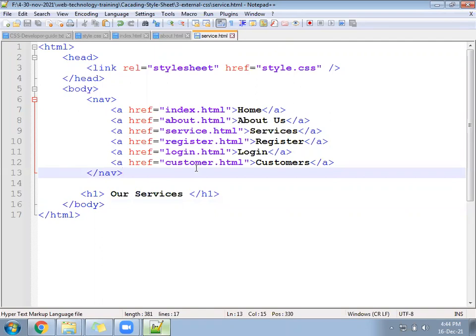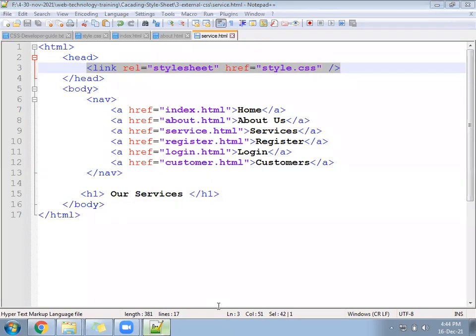Sir, sorry to interrupt you, but I'm not able to link the stylesheet. There is no effect. I thought I would sort it out, but it's not coming. Shall I send the code of one file? I will share you this line. You can replace that. Okay, sir. Make sure both your files are in one folder. Keep all files in one folder. Should not be here and there.